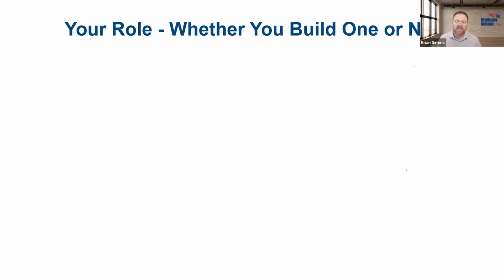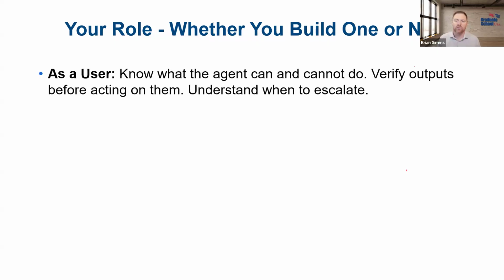As we are rounding into our last few minutes together here, I want to make sure we land on some practical things. No matter where you sit, your responsibility is going to look a little bit different, right? As a user, it is your responsibility to understand what an agent can and can't do within your context. As a user, maybe I'm now working alongside an agent who's taken over the repetitive parts of my job. It is now my job to verify the outputs before they're acted on. Don't assume that because the agent was very, very confident and did it very quickly, that it was the right thing, right?